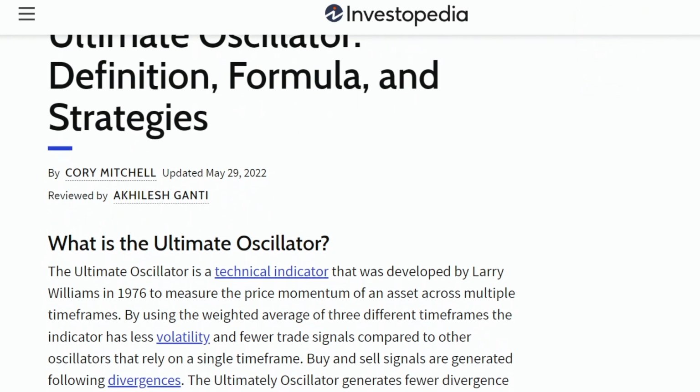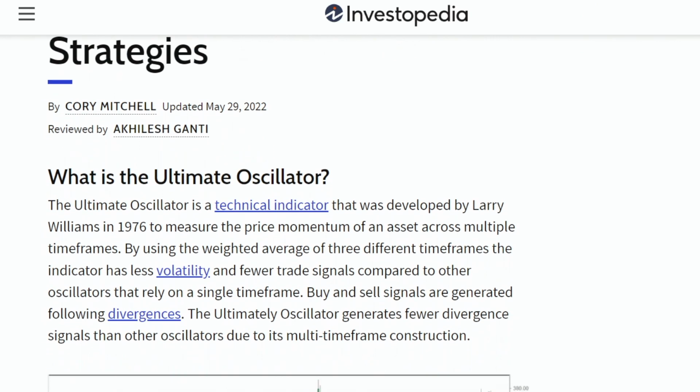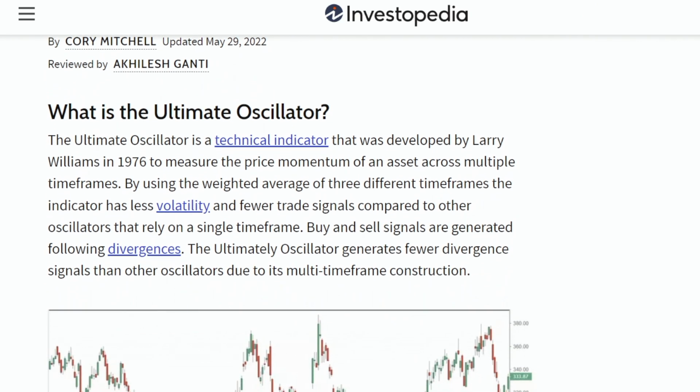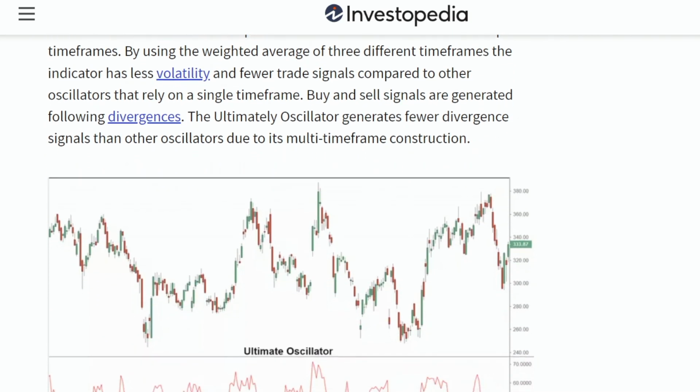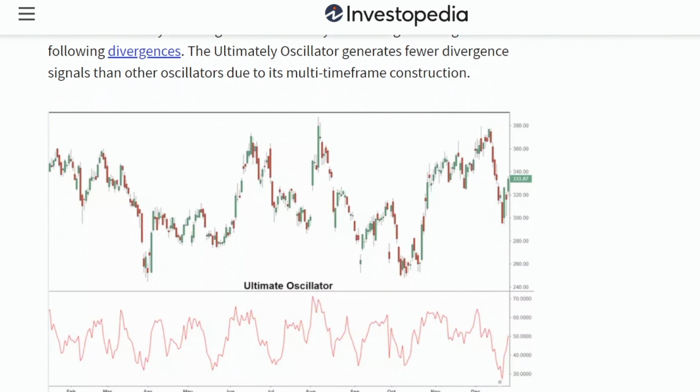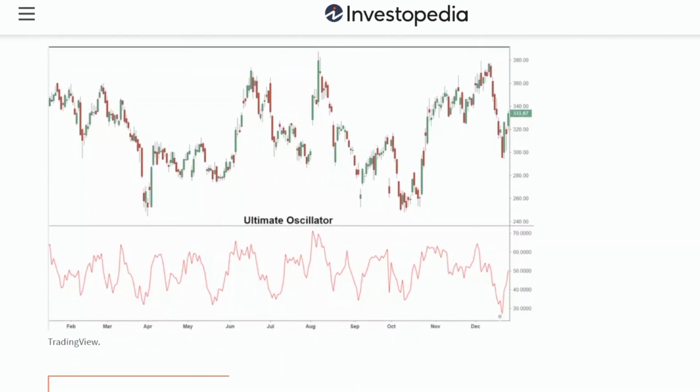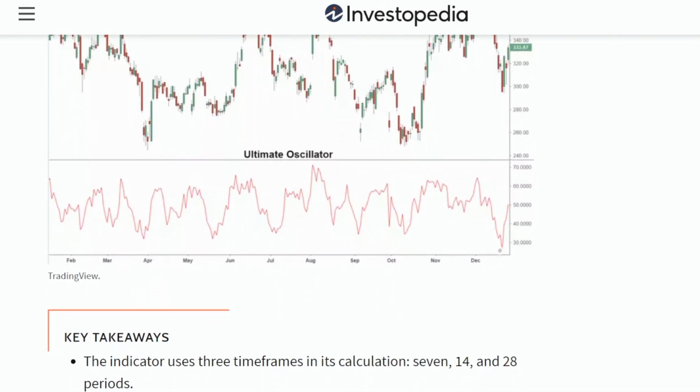Back in 1976, Larry Williams built a technical indicator called the Ultimate Oscillator. Basically, it measures the true range and the buying pressure using 3 averages and weights each one differently, and it comes up with an oscillator. This oscillator smooths out the regular oscillators and basically produces a different curve if you use it to trade a